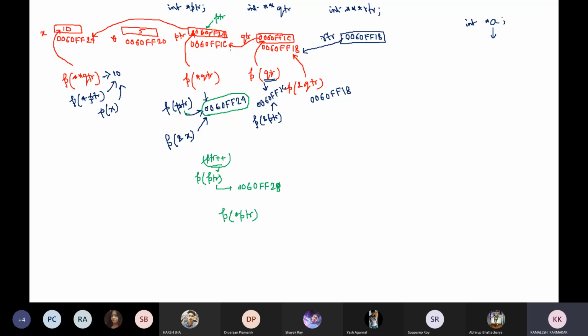We have not allocated this memory, but still ptr is pointing to that memory location. So the unallocated memory locations, where we have not assigned anything, in those locations the values are garbage. Is it fine? Okay, sir. So if we have not stored anything at this memory location, then obviously this value will be garbage.